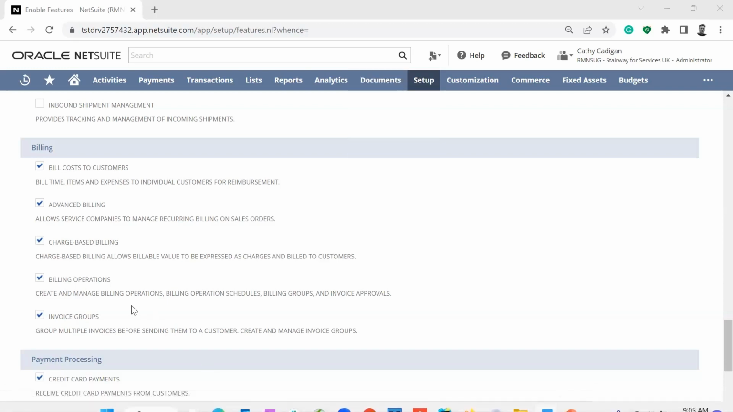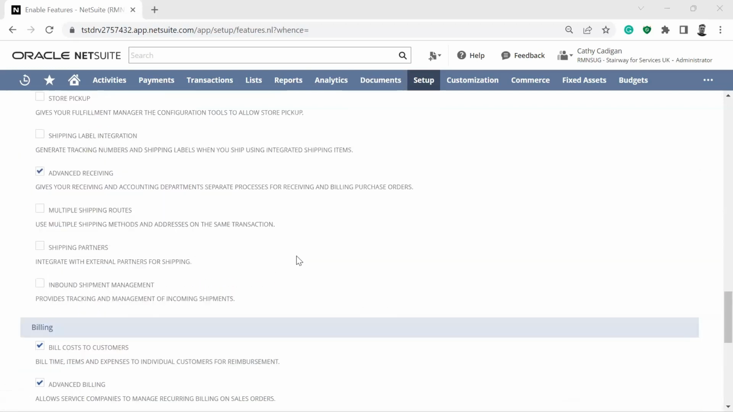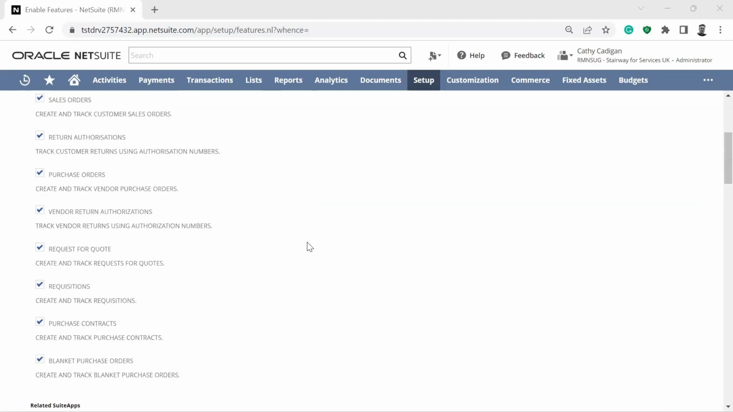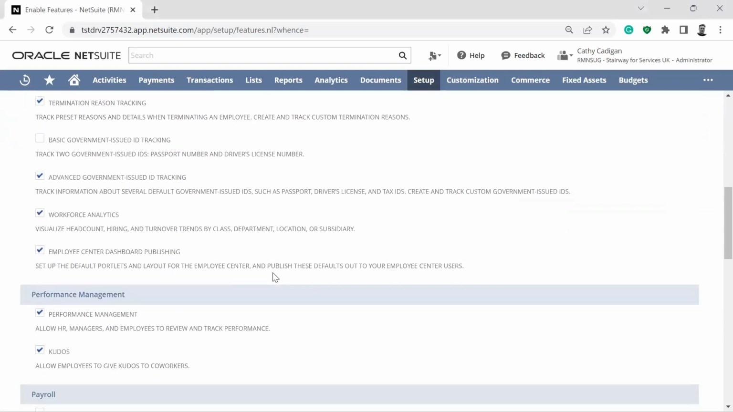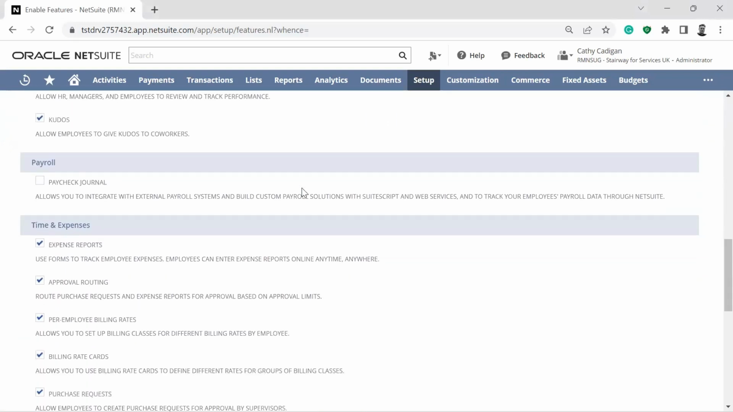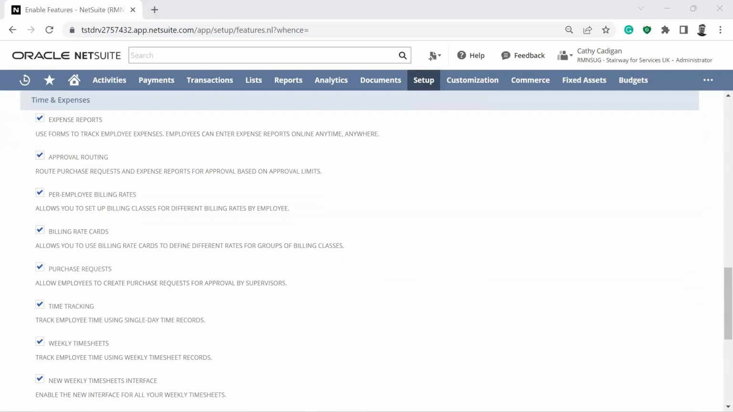Then the last section, so these don't necessarily apply to projects. The last section under the enable features is when we go to the employees. We have to think about how we're going to account for their time. So there's a section that talks about time and expenses. The first one, expense reports, is self-explanatory. We have approval routing. Then we have per-employee billing rates. You check this when you want to create billing classes. That kind of goes together with the next